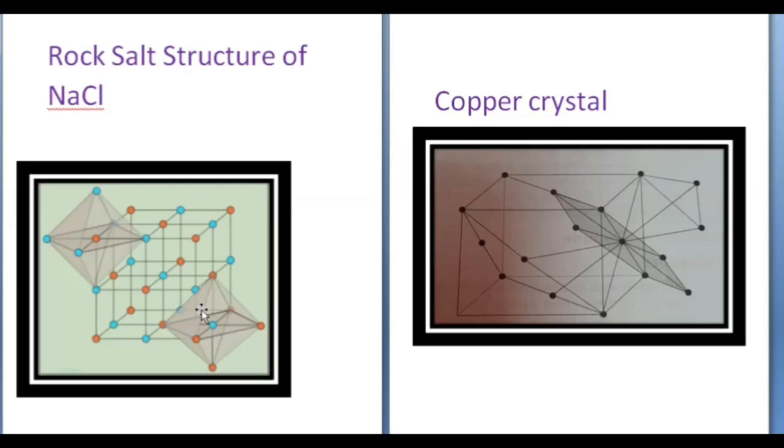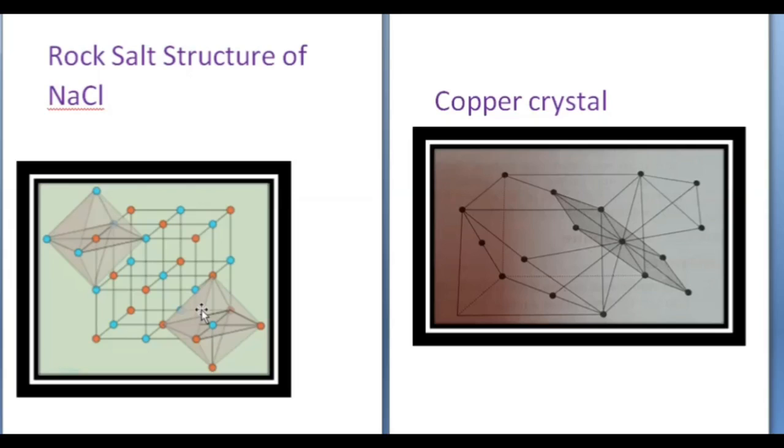Don't get confused between coordination number and number of ions. Coordination number is the number of neighboring atoms, and the number of ions of a particular type is calculated by, like for chloride, there are 8 at the corners. So 1/8 into 8, and 6 at the faces, so 1/2 into 6. So 1 plus 3 becomes 4. For sodium, 1/4 into 12 plus 1 at the center of the body, that again becomes 4.